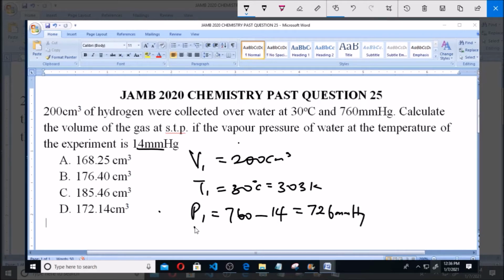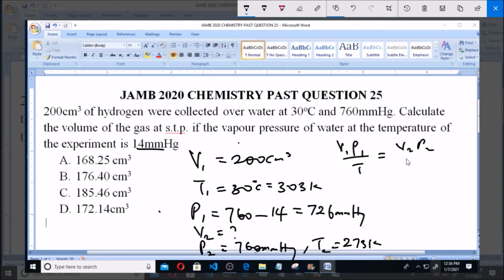Then V2 is what we are looking for, the unknown. P2, that is the pressure at STP, which is 760 millimeter mercury, and T2 is equals to 273 Kelvin. Now, using the general gas equation, V1 P1 over T1 is equals to V2 P2 all over T2. We have that V2 is equals to V1 P1 T2 all over